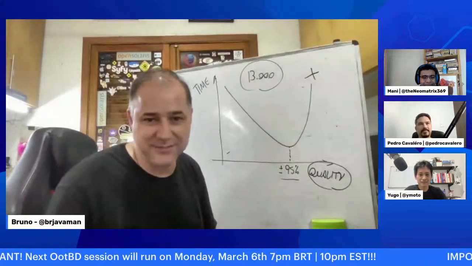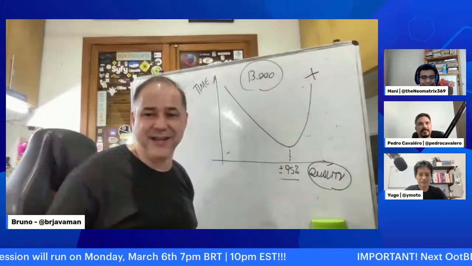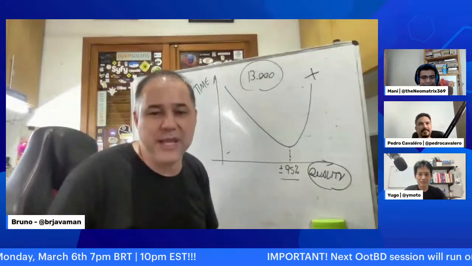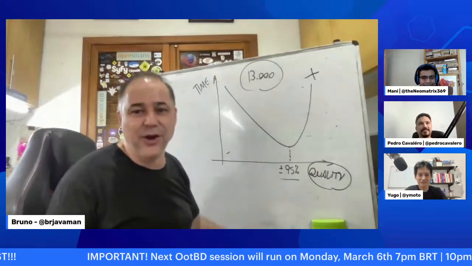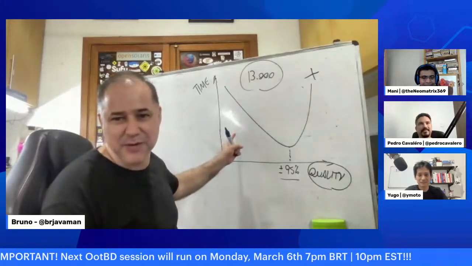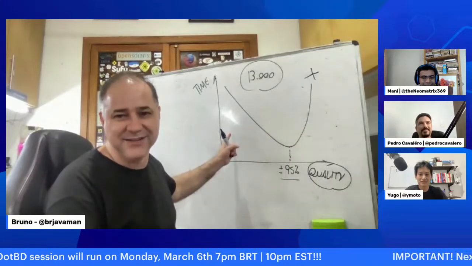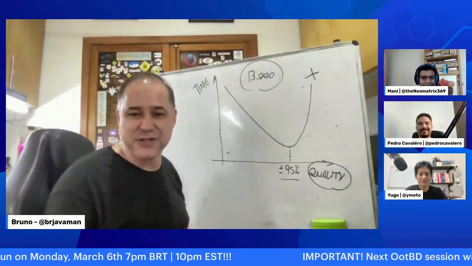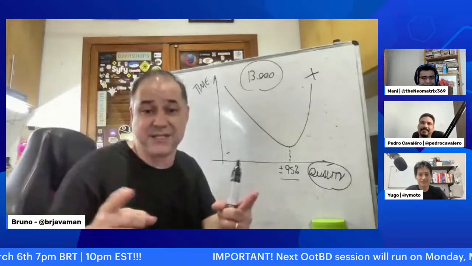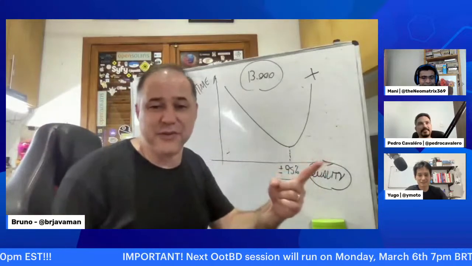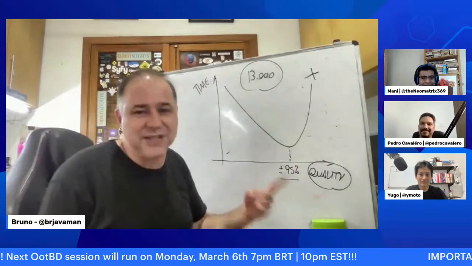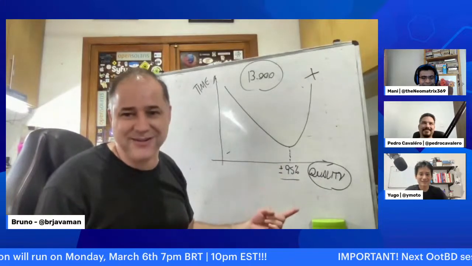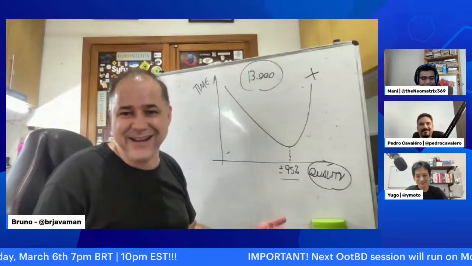Now, of course, like Mani was saying, if you're 1 week away from delivery time, and you say, oh, we have to implement all the tests for the project because we didn't do any testing yet, that's a different discussion. But even that, if you're 1 week away from delivering the project and you never tested anything, what is the chance you're going to deliver the project in 1 week? It's zero. It's not going to happen anyway.